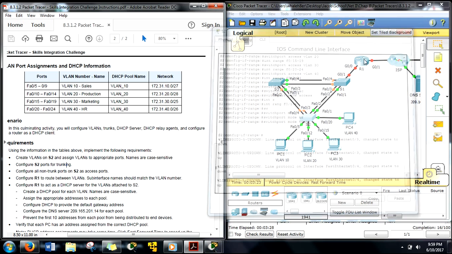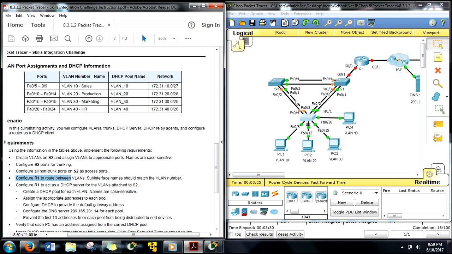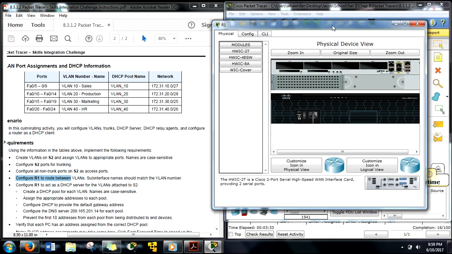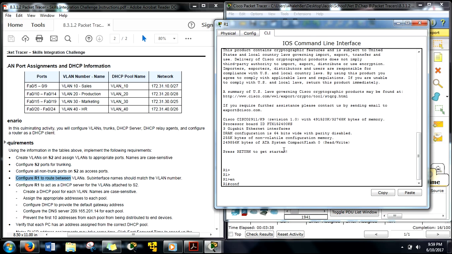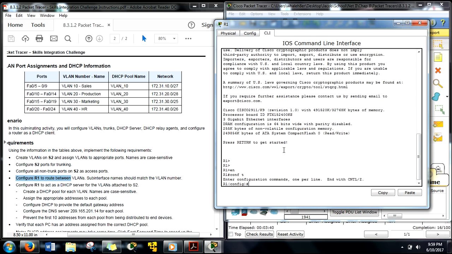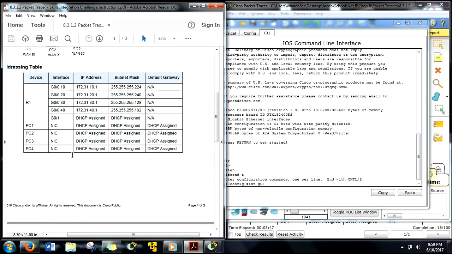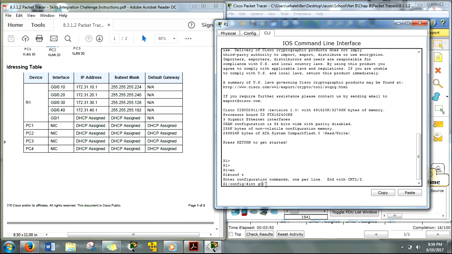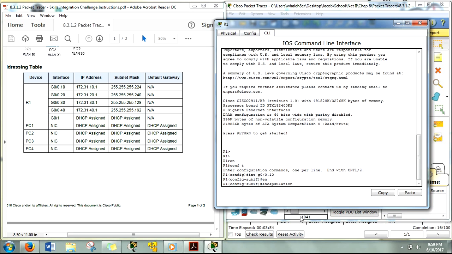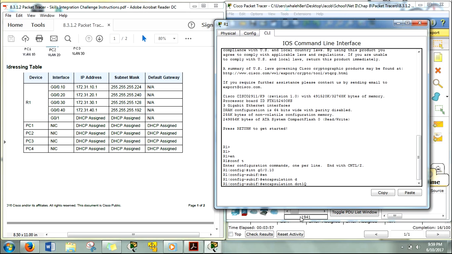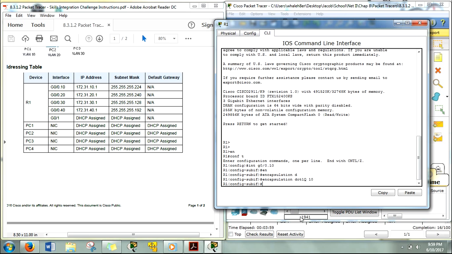So those are done. Configure R1 to route between VLANs. Let's do that. Command line, enter. Configure terminal, and we're going to do interface G0, G0.10. I'm going to give the encapsulation command dot1q, and we'll give it VLAN 10. Then we're going to set the network address